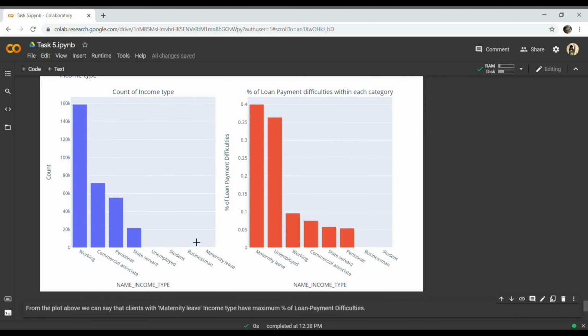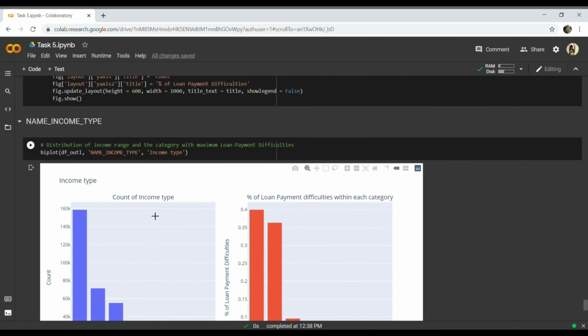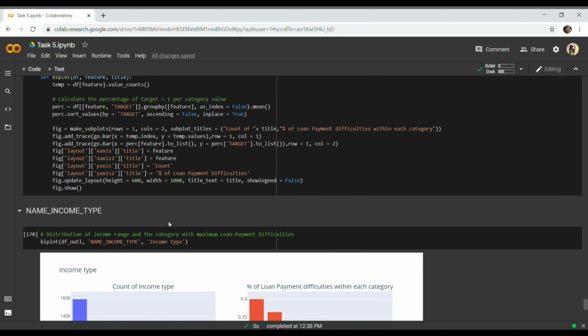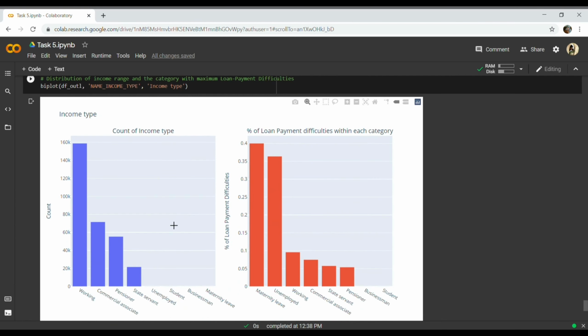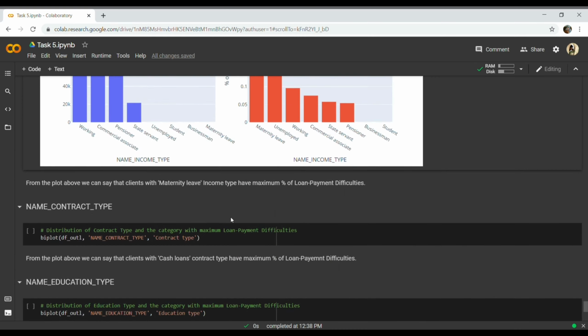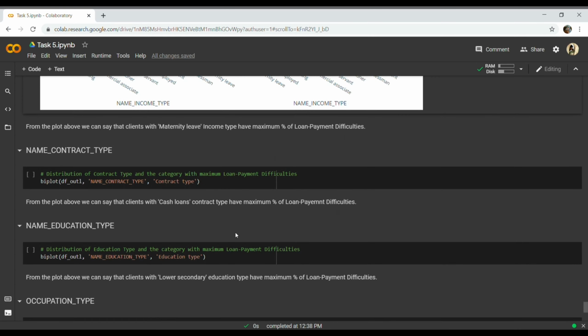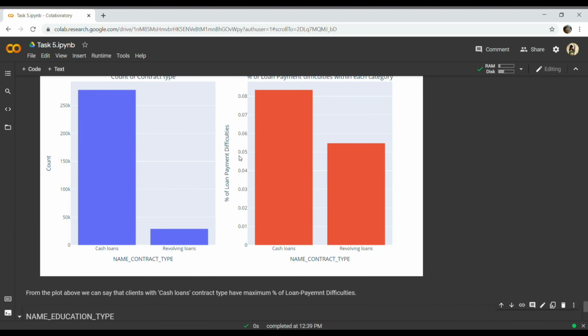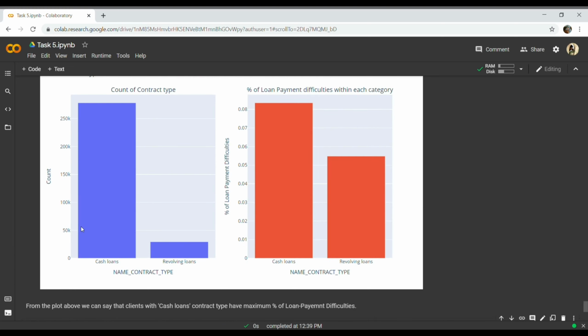We can see there is an increase because we are comparing each variable with the target for income type, and this is the target depending on the income type. And for contract type, cash loans and revolving loans, here also cash loans and revolving loans.